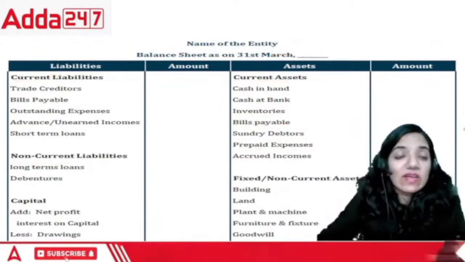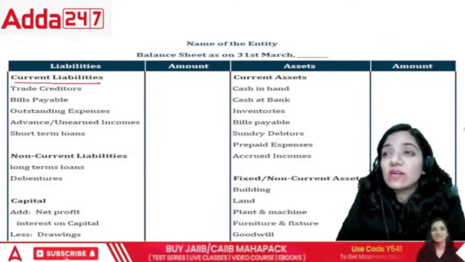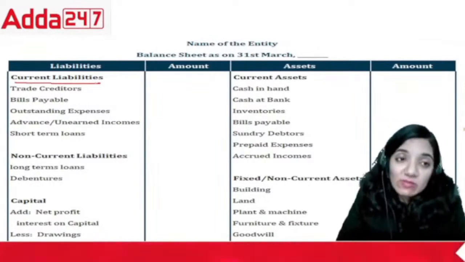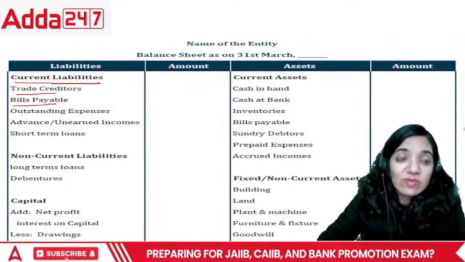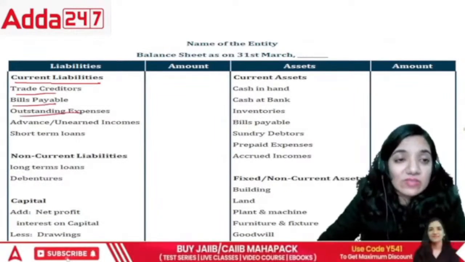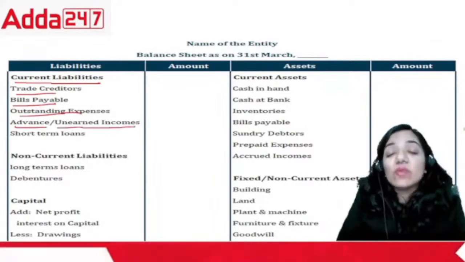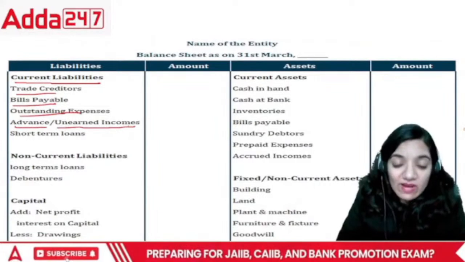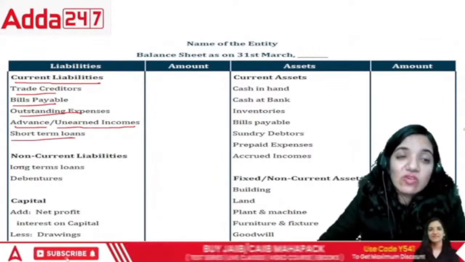If they talk about the current liabilities, that means the liabilities which we are supposed to pay within a time span of 1 year. That is the trade creditors. Then we have bills payable, outstanding expenses, advances, then unearned incomes, the money which we have received in advance but we haven't done the work yet. And then we have the short-term loans. So these are all the